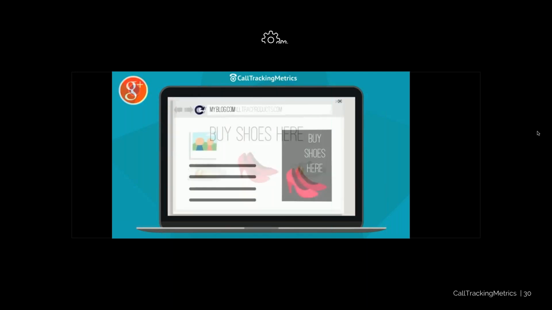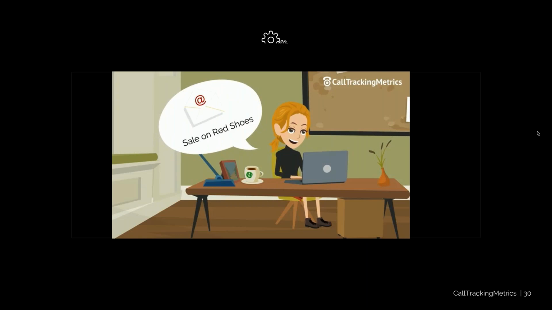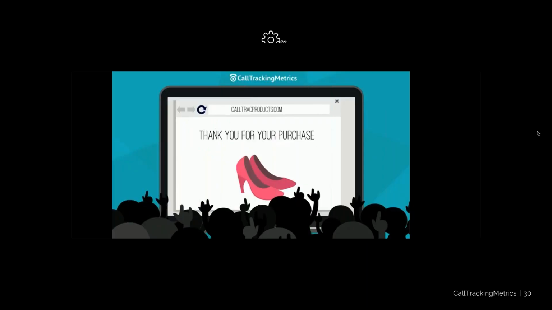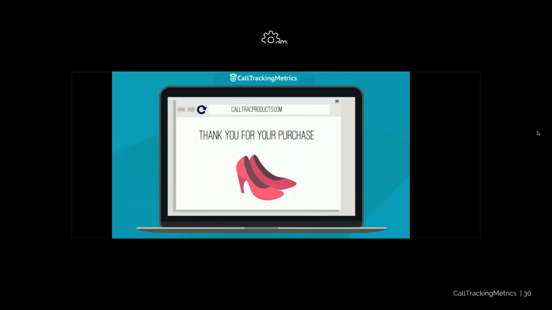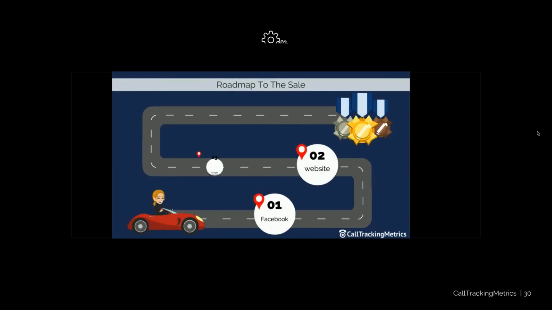A few days later, while on her favorite blog, she notices a remarketing ad for those same shoes and clicks the banner. She really wants those shoes, but decides she's still not ready to purchase. Later in the week, she receives an email notifying her that the shoes are on sale. She clicks the link in the email and purchases the shiny red shoes. There were 4 touch points on the path to making the sale, so which individual touch point should receive credit for the sale?